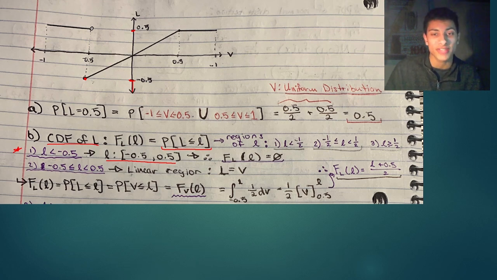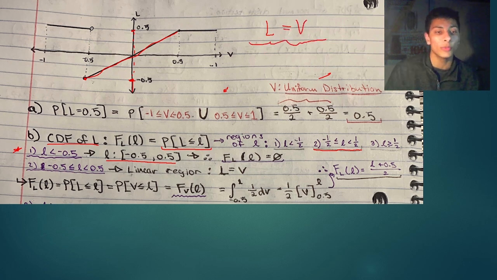Let's go on to our second region here, where we talk about L being between minus 1/2 and 1/2. We're talking about the values of L here that are going to be between minus 0.5 and 0.5 over here. So this is essentially the span of our graph, but we are not going to be including 0.5. In this span, we're actually talking about this linear region that we have right over here. So this is going to be our linear region where, you'll recall, L is going to be